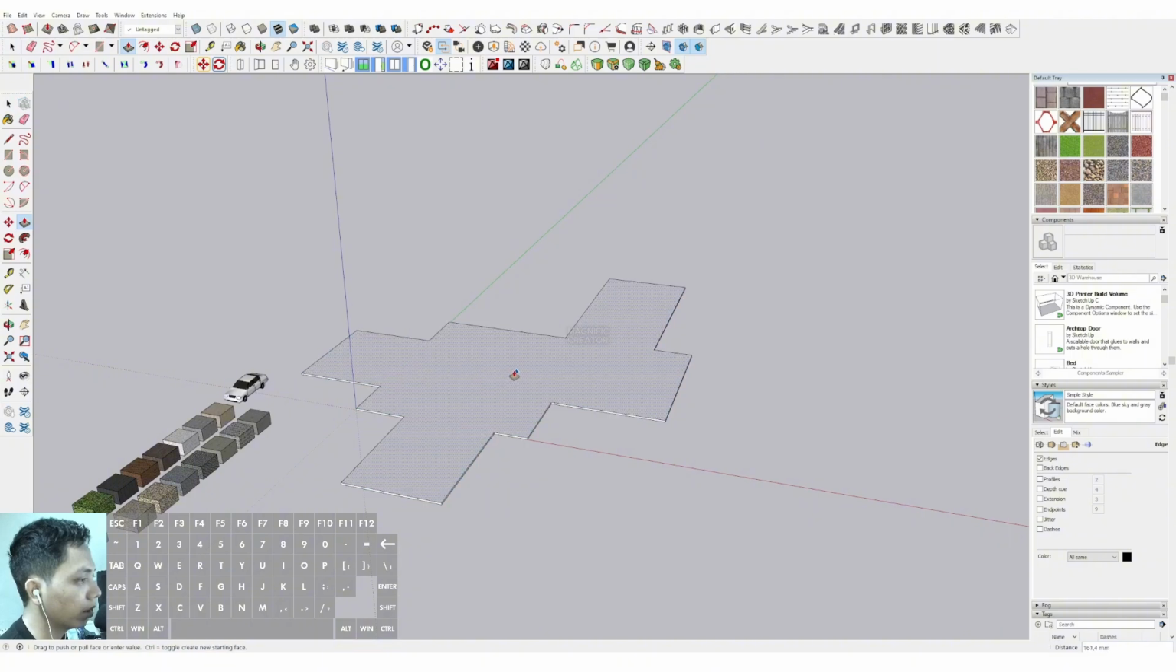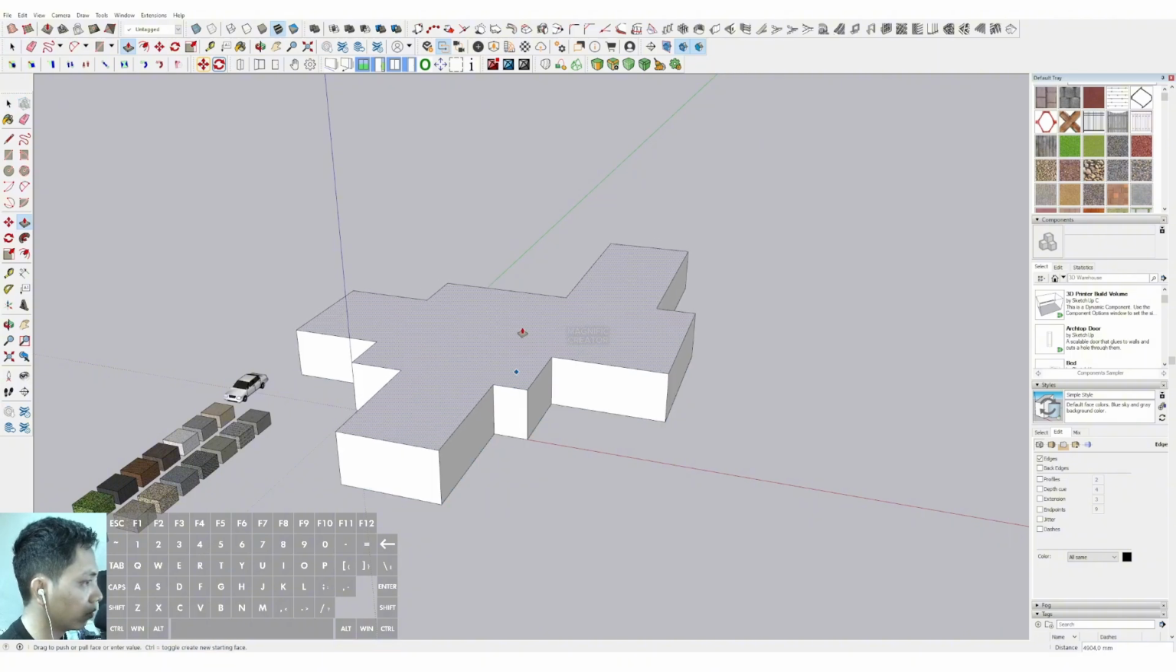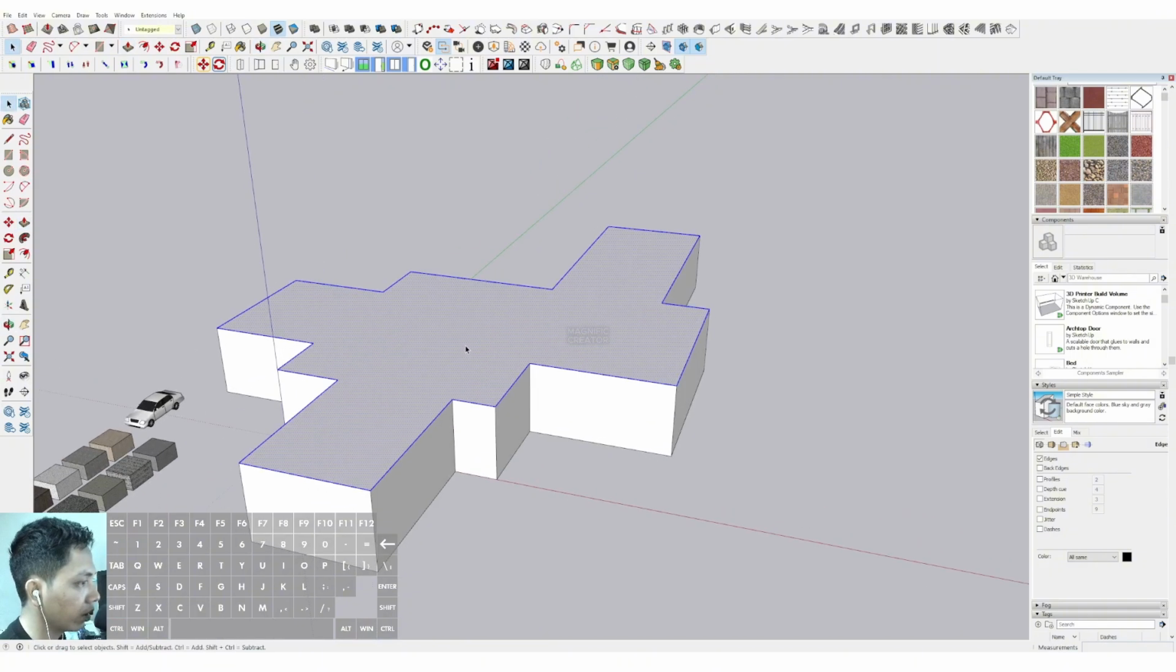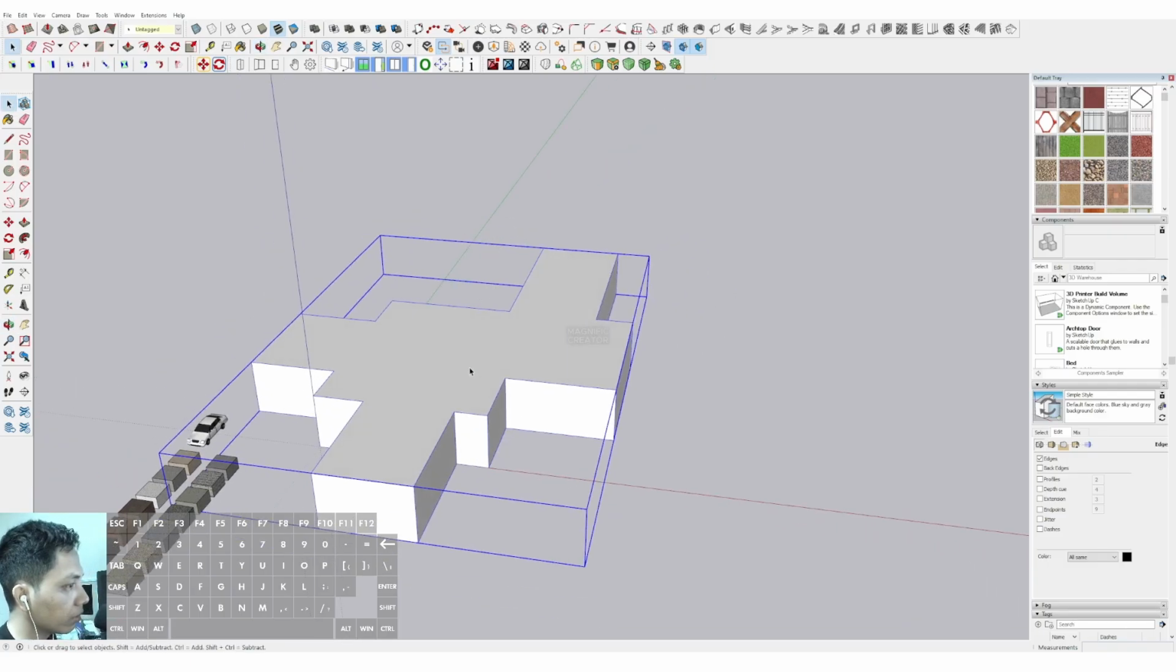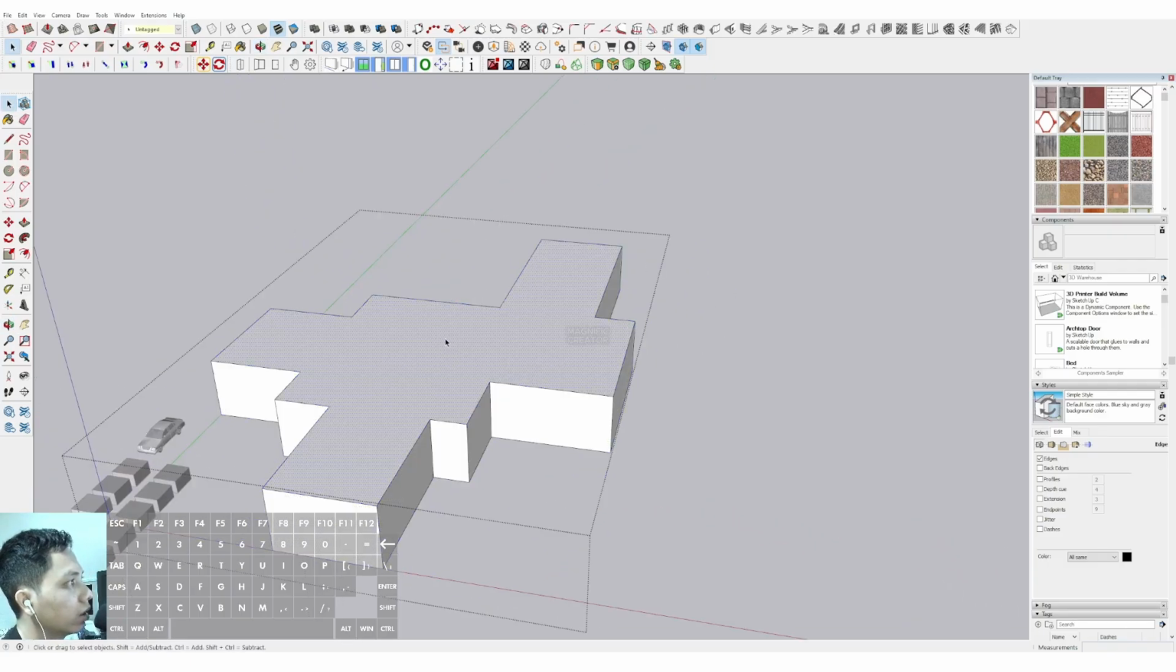Okay, then we can push it up around 5 meters or 6 meters. We can triple click and make a group. Okay, now we can click this surface and